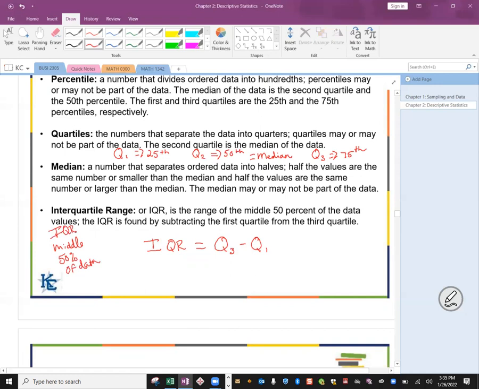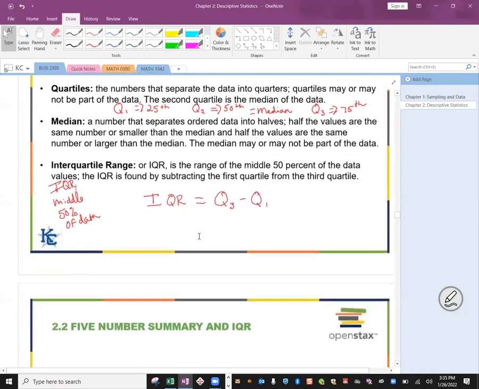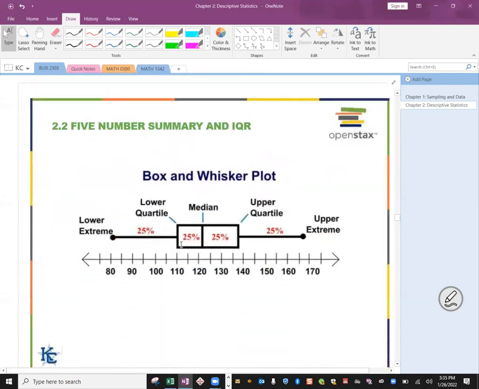And to find your IQR, you're going to take your Q3 and your Q1 and subtract. So we often do what's called a 5-number summary in statistics. When we do a 5-number summary, we can represent that visually by making a box and whisker plot, but it